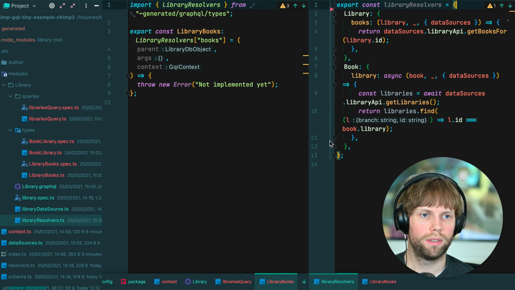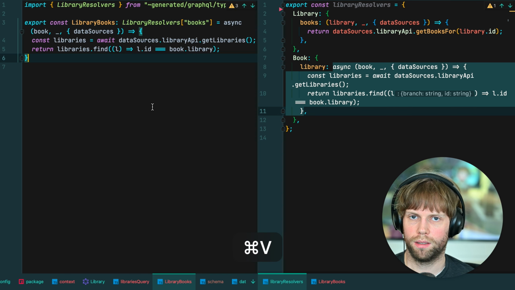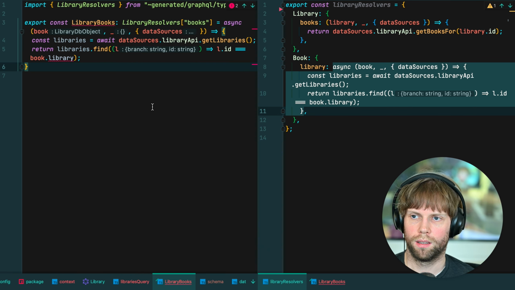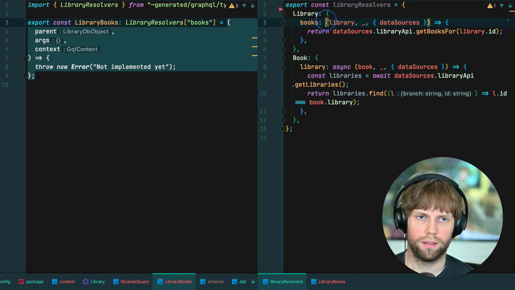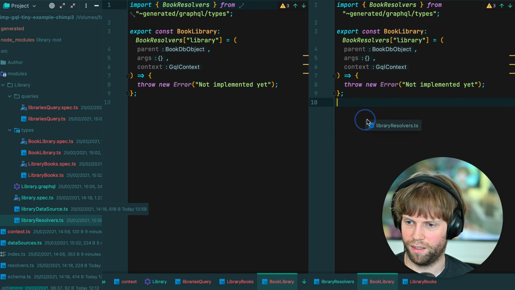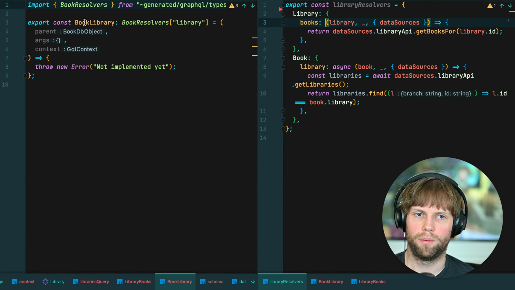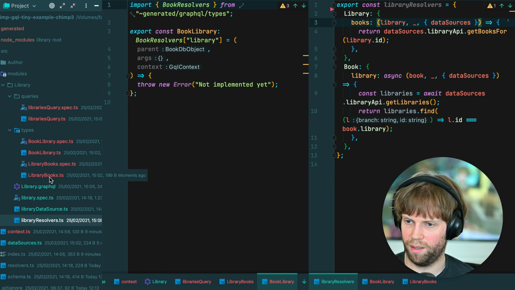Library books, library resolvers. So again, we just copy and paste. Library, sorry. This is the one. So let's go in order then. Library books, sorry. Library books, let's copy, let's paste. Okay, and this one actually